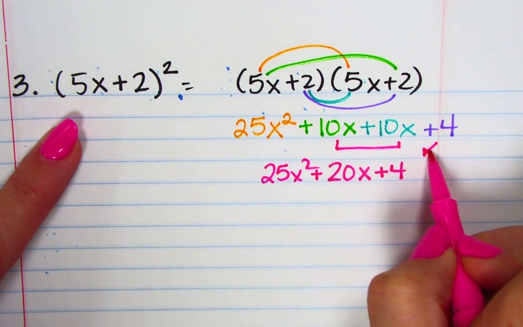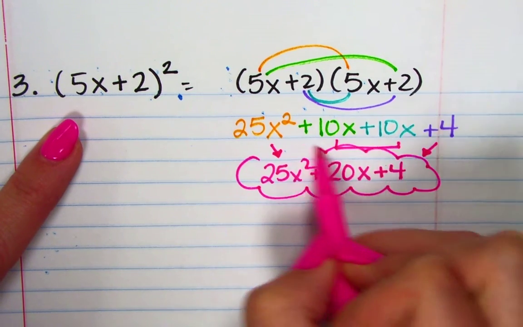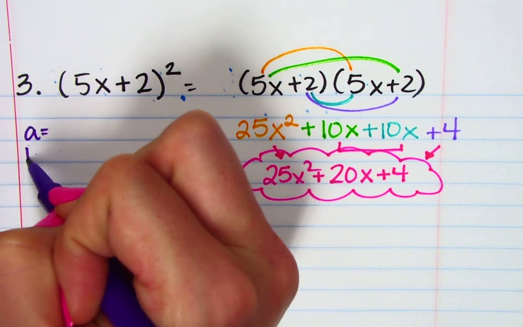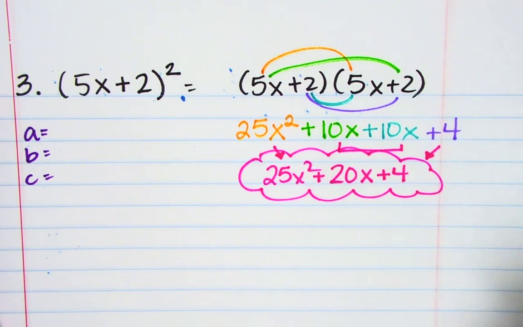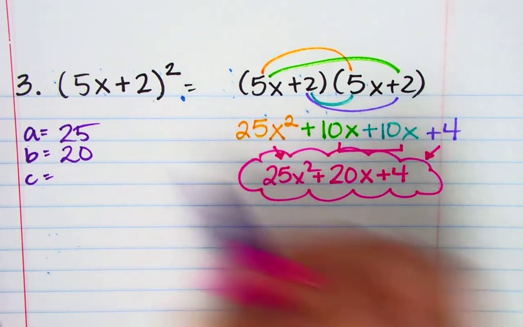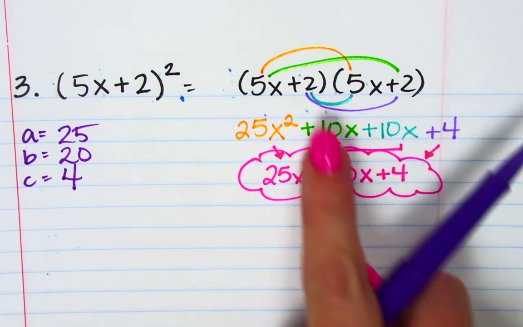Okay, because this comes down there. This comes down there. Right, there's my answer. Right, let's label our A, B, and C. A is 25, B is 20, and C is 4. Okay, also notice if these are both positive,